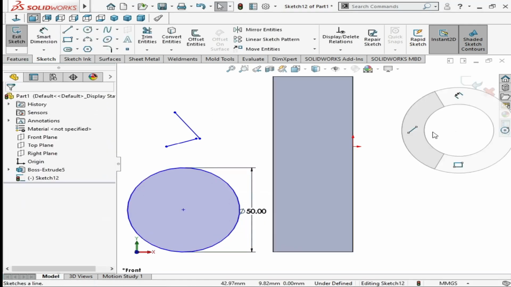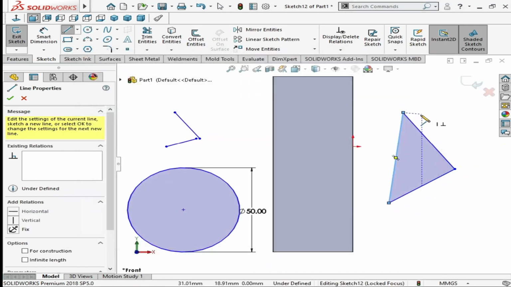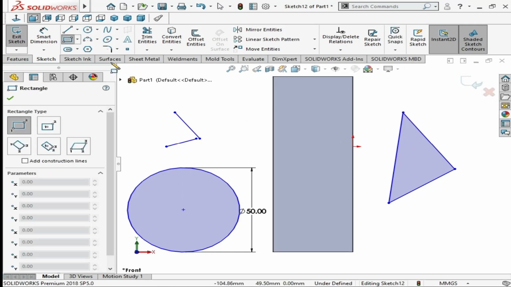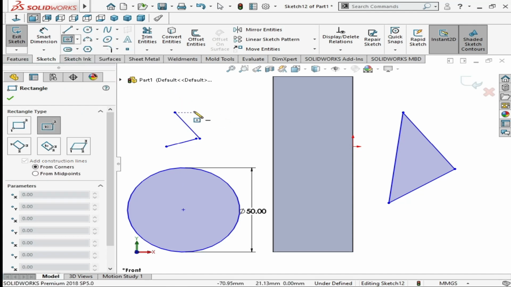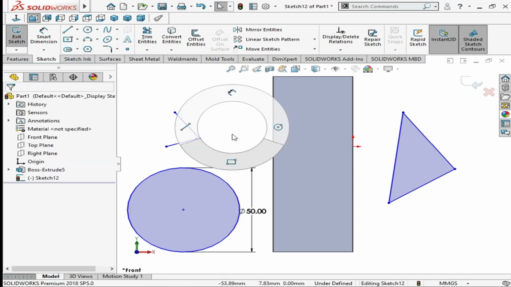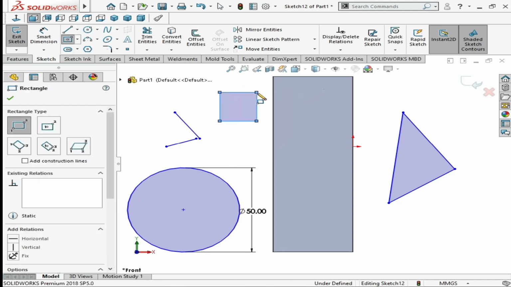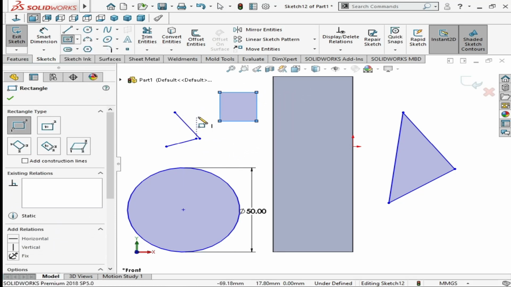When you click this and go to the left, it will automatically choose the line tool. And when you right click and drag it to the bottom, it will automatically choose the rectangle, and it will choose the rectangle type which you have chosen from here. For example, if you choose center rectangle from here once, then if you click escape, whenever you drop down, it will automatically select it. Otherwise it will only do the corner rectangle.